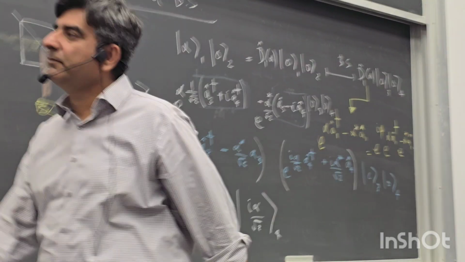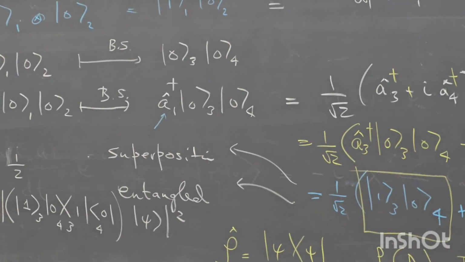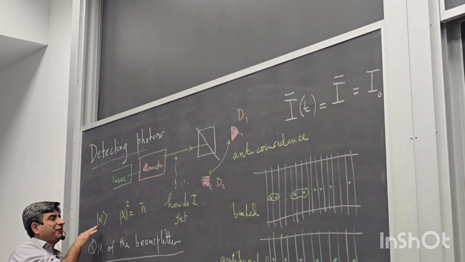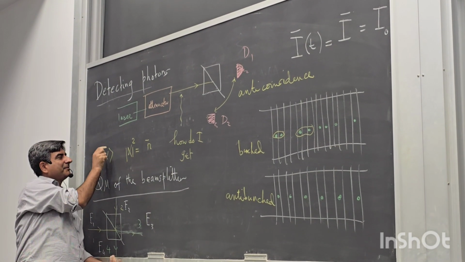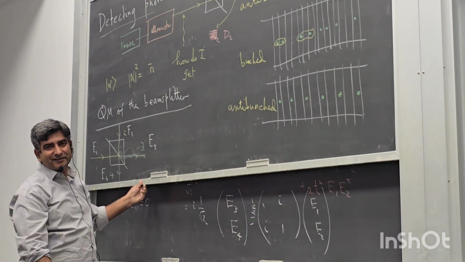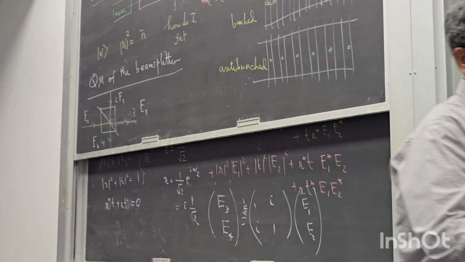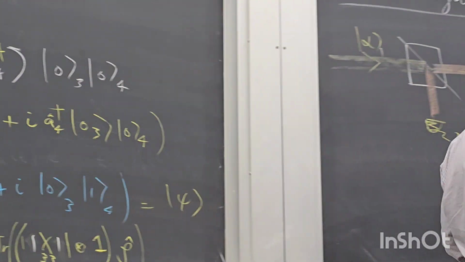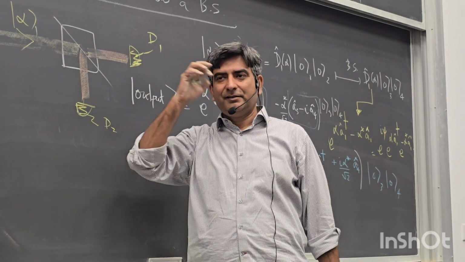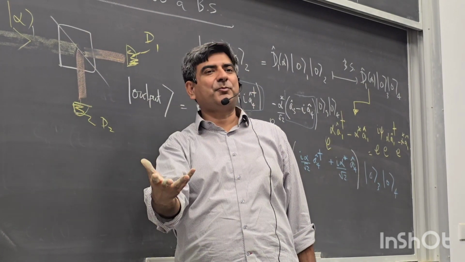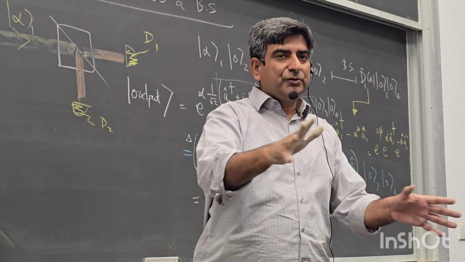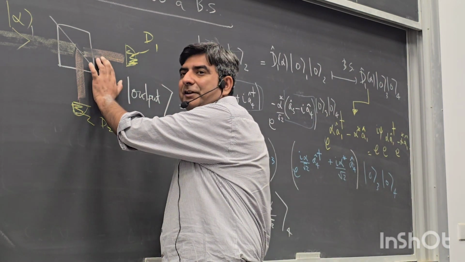Because what will happen, look at this expression. The average number of photons detected due to this state is given by the modulus square of this number. This is the average number of photons detected. Of course this is not a number state or a Fock state. They are in coherent state, so many photons are coming in. Per unit time, the photon counts can be small, it could be less than 1 even. But whatever the counts of photons are coming in, half of them will go here and half of them will